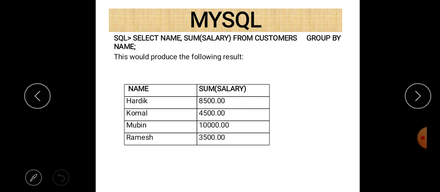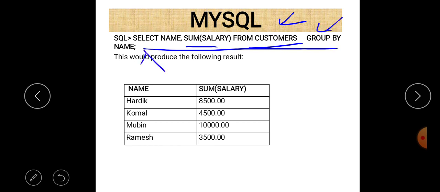This is a command related to the group by statement. If you want to form a group on the basis of the name column and want to find out the total salary for each name, then you must write select name, sum salary, from customer. Customer is the name of the table here, salary is the column name, and then group by name.